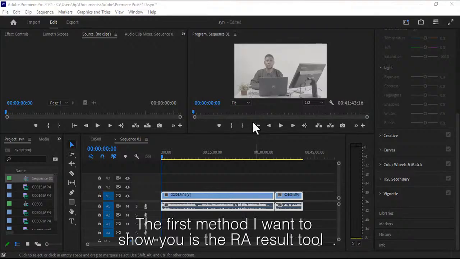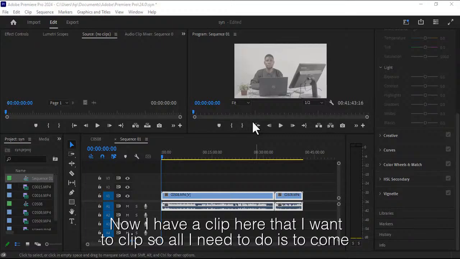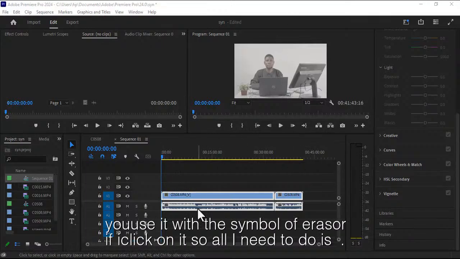The first method I want to show you is the razor tool. Now, I have a clip here that I want to cut. So all I need to do is to come here, you see it with the symbol of a razor. If I click on it,